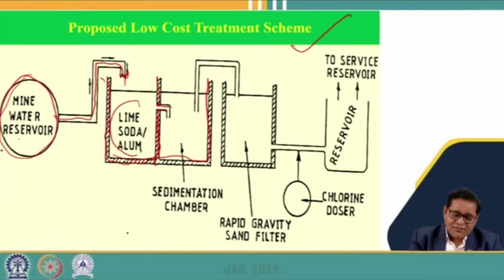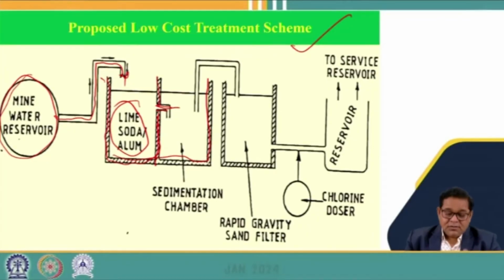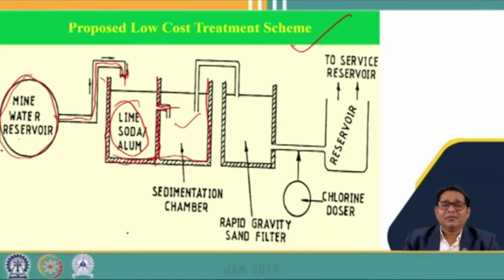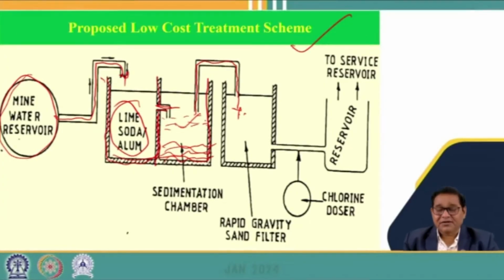So here we mostly do a chemical treatment where we add lime, soda or alum depending upon the hardness and alkalinity present in the water, and then the reaction of lime and soda or alum forms precipitates, flocs, and these flocs along with the water are taken to the sedimentation tank. In the sedimentation tank, by gravity separation, the precipitates are collected at the bottom, and then the clarified water is taken up by siphonic action, which is connected to the next chamber,